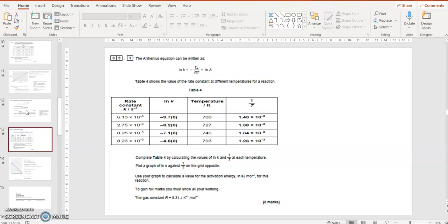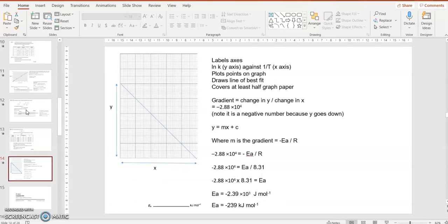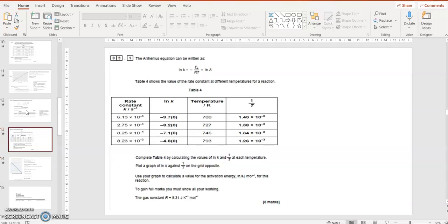Y is the lnk, and that is going up the y-axis. They've asked you to put that up the y-axis. Y is lnk, fine, equals mx plus c. ln A is a constant, so that is the constant c. In other words, they've got that minus EA over RT is